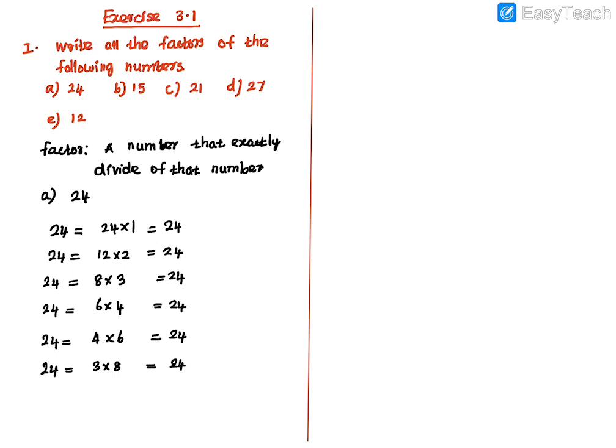That means the given number 24 will not be divided exactly by them. Next, 11 and 12. 12 will come, right? 2 twelves are 24. Once you get half of the number, what is half of this number? Half of 24 means 12. Once you get half of the number, you can directly go to the full number 24. 24 into 1 we already wrote. How many 24s are 24? 1 twenty-four is 24.